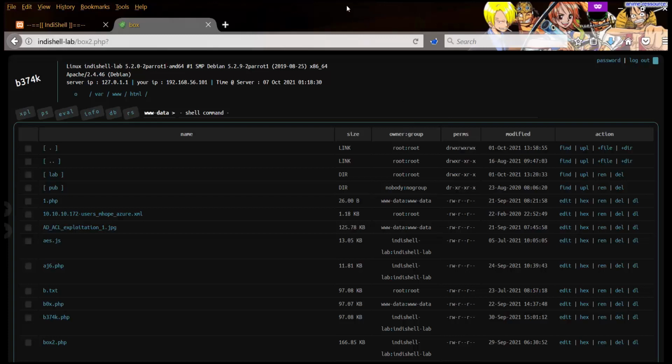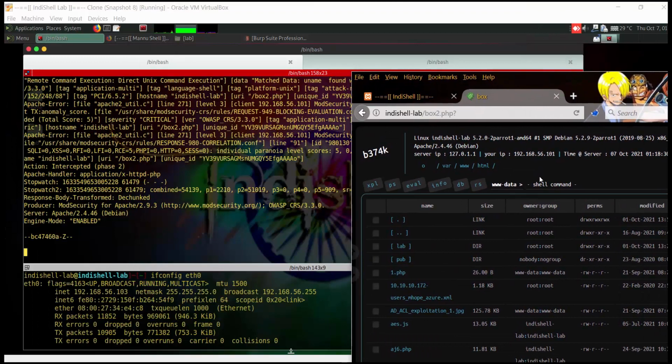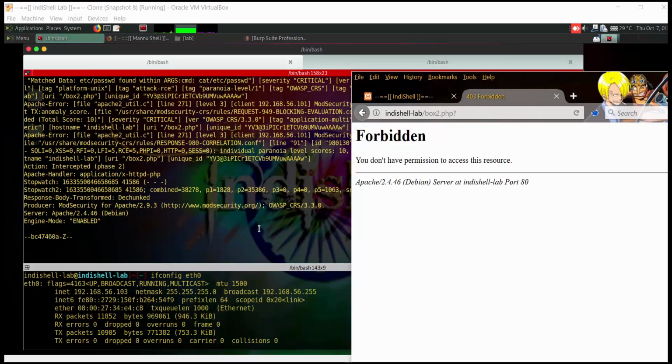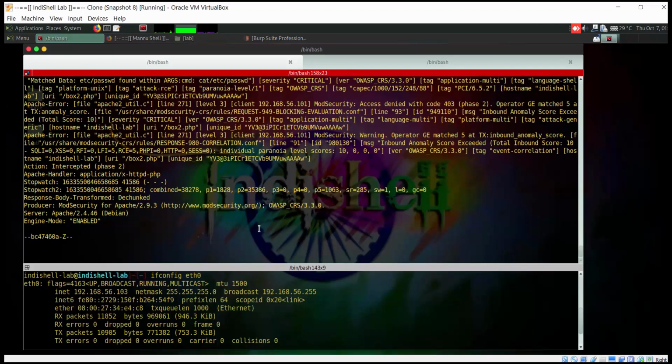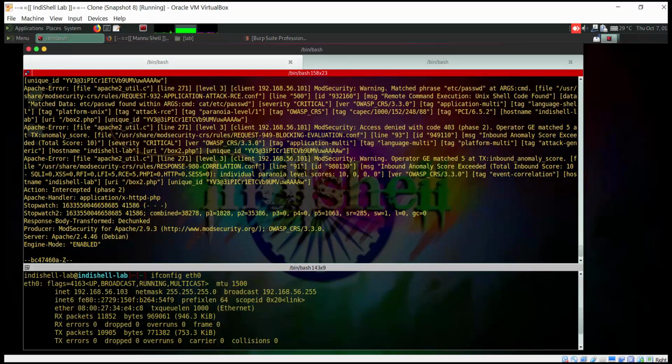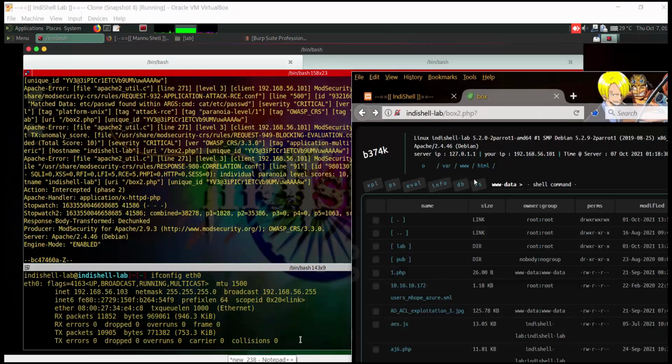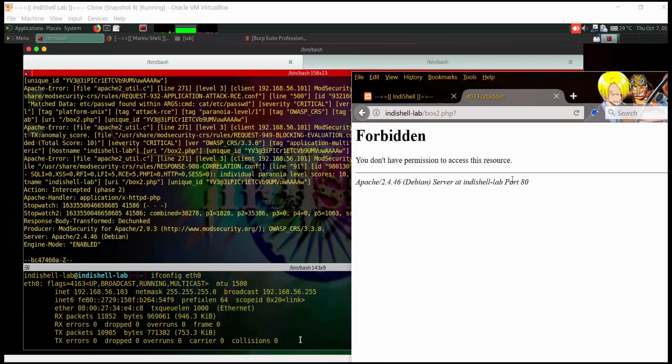But when we try to execute an OS command such as cat /etc/passwd, it gets detected. Even if we try to execute some other command, let's say uname, that is also flagged. So that is the issue.